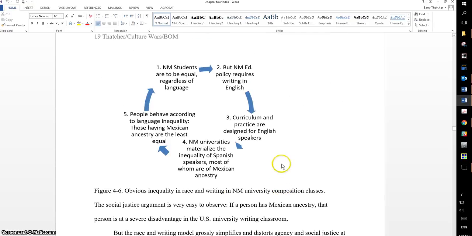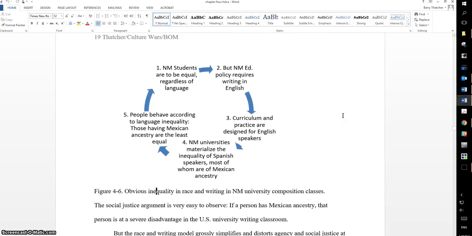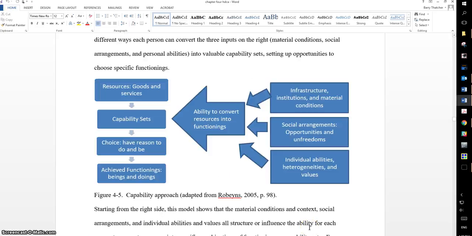Now, if you go back to this social justice model, it does not have any way of exploring how to improve the social justice of the complexity of the border populations. Here is a human capability approach. And the human capability approach has as its end what people are able to be and do. And it has a series of inputs, and these inputs influence how they can convert the inputs into things that they can do. For example,